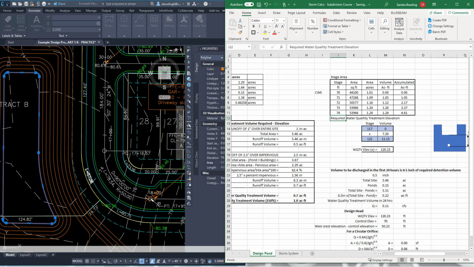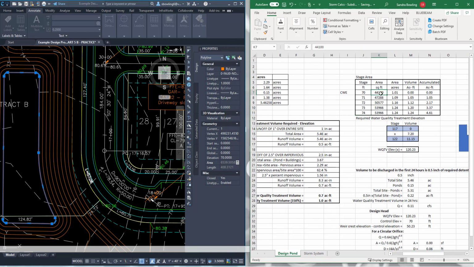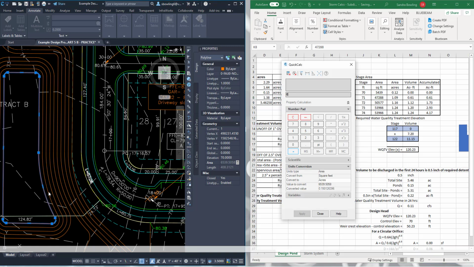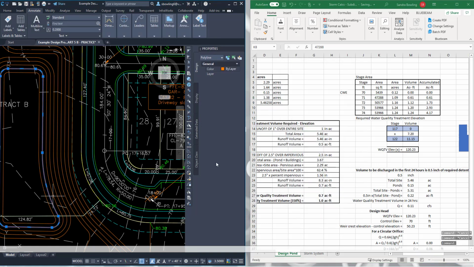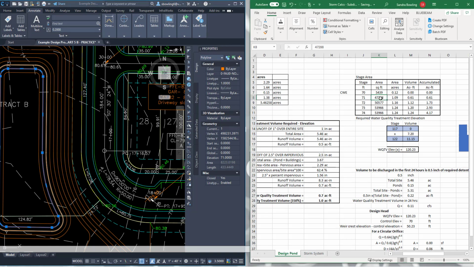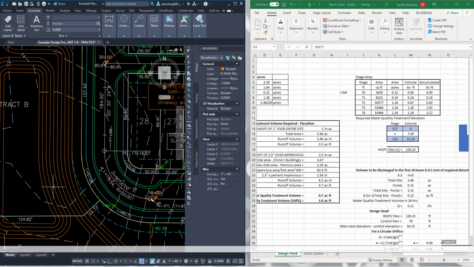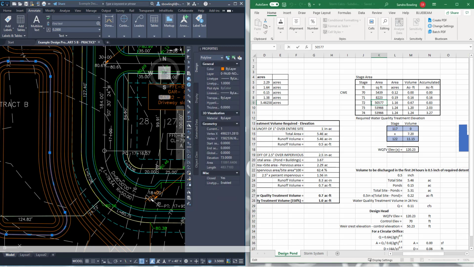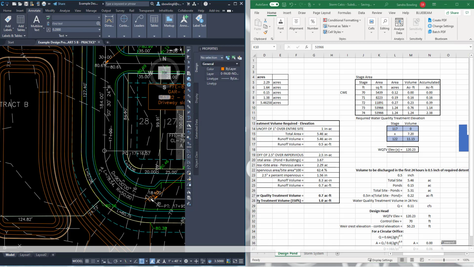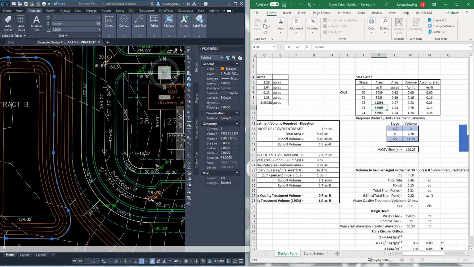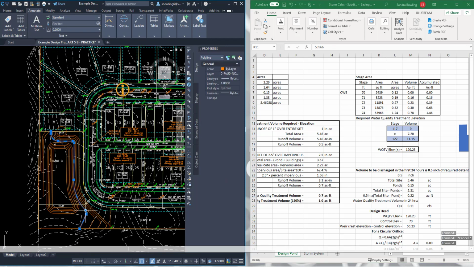So on 70, and this is why I have both of these open at the same time, on 70 the area here is 6539. 71, close. 71 is, I've already got the spreadsheet set up, 8223. 72 is the area of that contour, 11891. 73 is 13876. And 74, I'm going to go ahead and